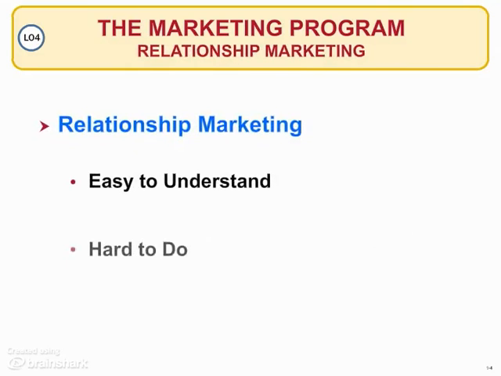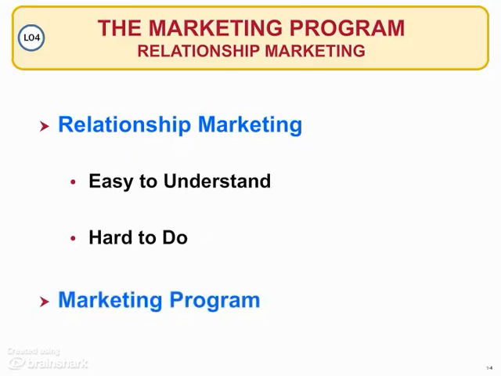So these customer relationships are achieved when organizations create meaningful connections with their customers by utilizing specific marketing mix actions implemented in the marketing program. Okay, so we're going back to that marketing mix, the 4 Ps, the controllable factors: your product, price, place, promotion. The actions that come out of the marketing mix are implemented into the marketing program. And they do this through relationship marketing.